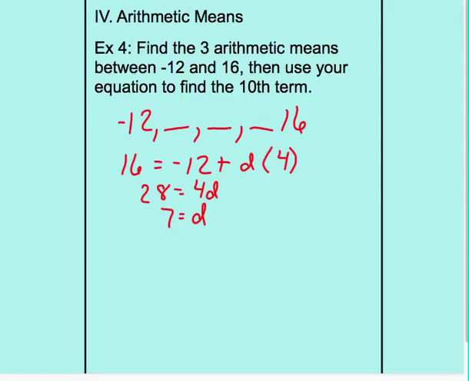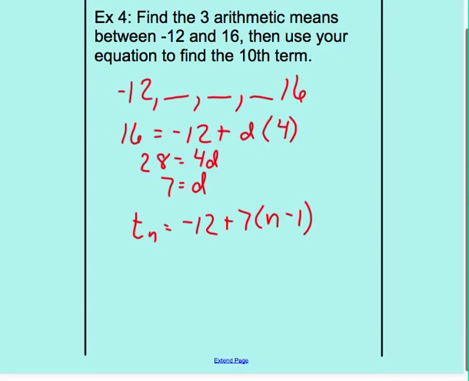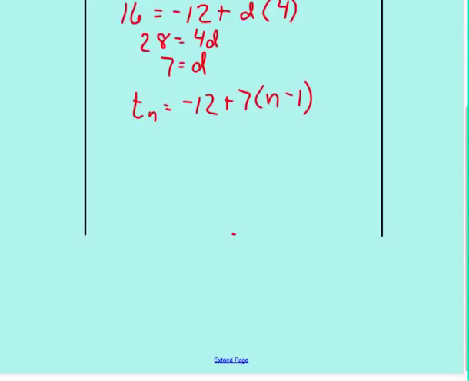So to find the equation, so that we can use it to find the 10th term, we go back. Our nth term equals the first term plus the common difference times n minus 1. So simplifying that, distributing our 7, combining like terms,